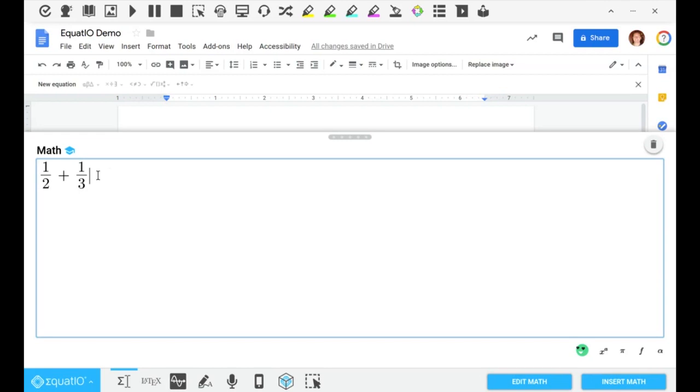One of the things we built into EquatIO is a prediction feature. So here, if I want to make an equal sign, I can literally start typing EQ and it gives me equals. So I can see my notation and my terminology side by side. If I want to do equals, I can just click on this or hit enter and it makes my equal sign. So that's really great. I don't need to know what the notation looks like. I can just use the terminology. And that's, again, really powerful for students who are learning that.